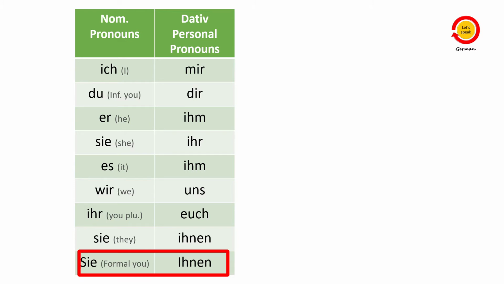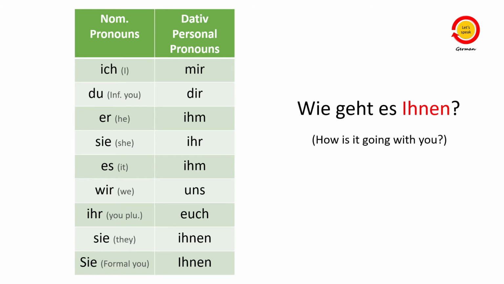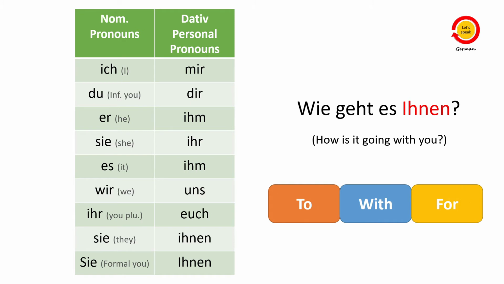So if we look at the phrase wie geht es Ihnen, how is it going with you? Here, with you are two different words in English which are replaced by a single word, Ihnen, in German. This is the reason why I've said English lacks a few grammar points compared to German. So in general, wherever there is a translation which includes to you, with you, for you, etc., we can directly identify that it is in dative case. Not just the pronoun you, but also any other pronoun when used with to, for, or with usually takes dative pronouns.